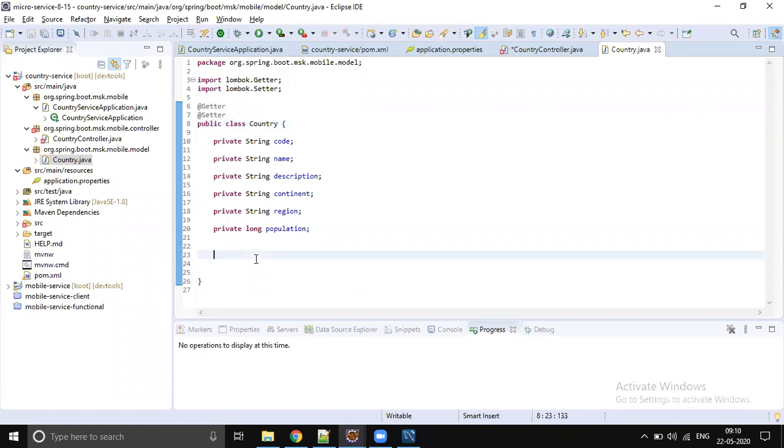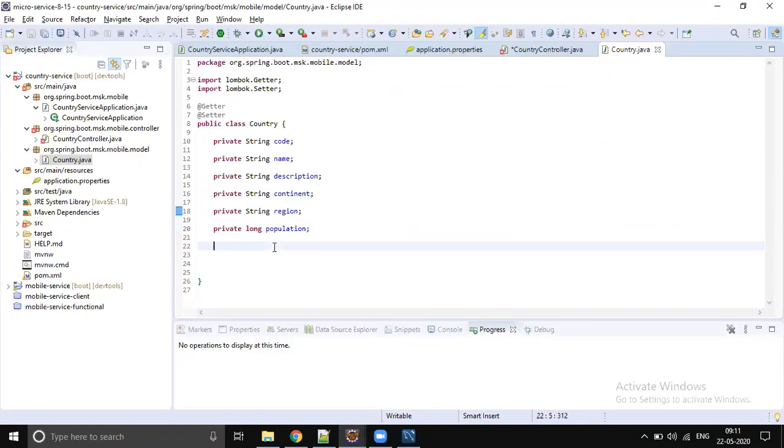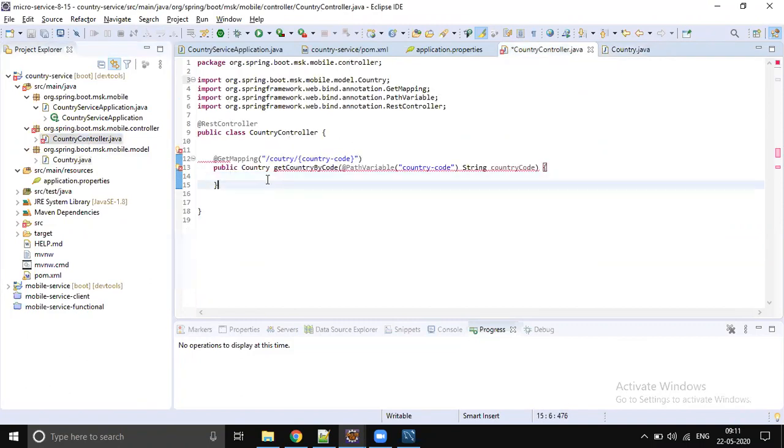In simple terms, I can say it's a compile time annotation processor. It's going to generate the setters and getters, and we don't need to send this jar to production, so there is no problem while running this code. It's a pure compile time annotation processor. Okay, now let's come back. Now that issue got solved, right?